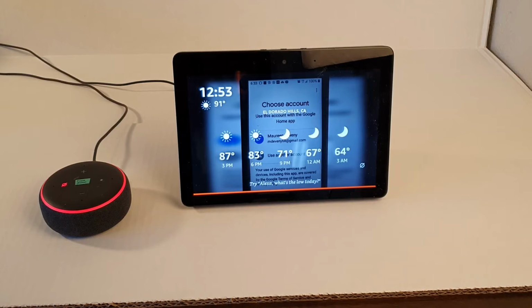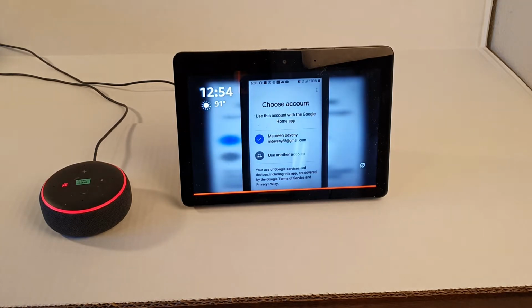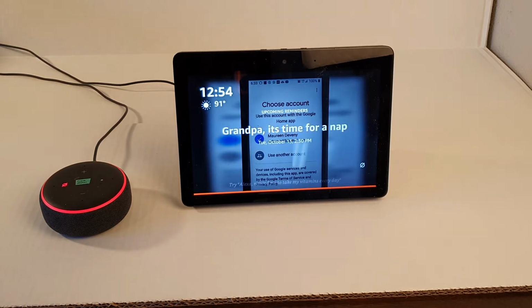What I'm showing here today is an Alexa skill I made called MyClock, and its purpose is to help those who might have trouble understanding what Alexa says when they ask the time and it's the middle of the night and it's 12 a.m. and they hear 12 p.m. and they think it's time to get up for lunch. So first let's go through how Alexa works with just a time request.